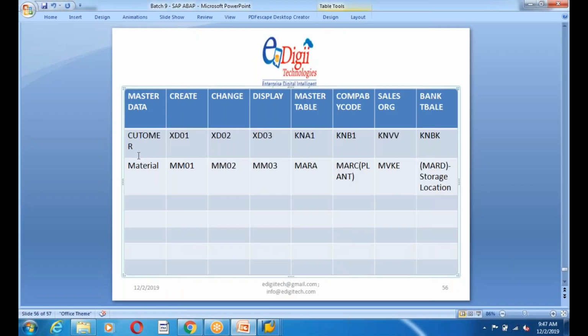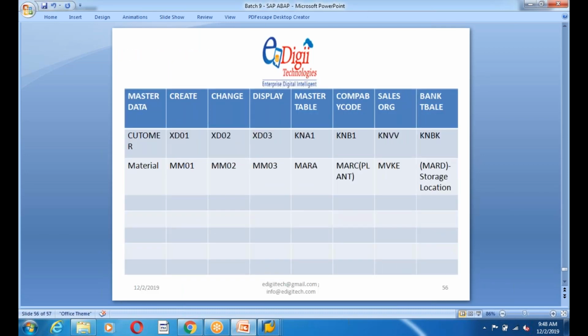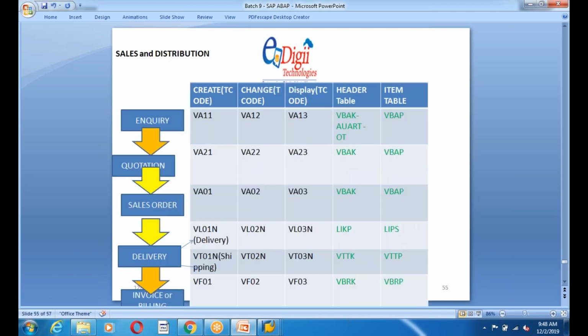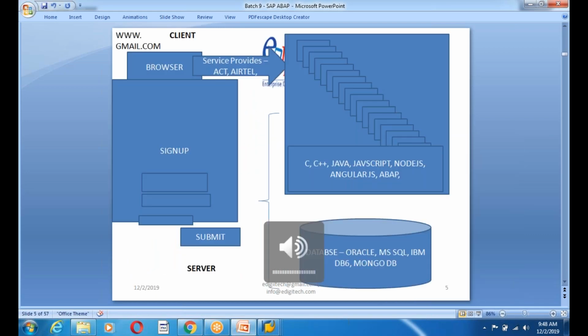So these are some of the master data details: the master data transactions for the customer, the master data transactions for the material, and the transactional data, sales order and quotation, inquiry, delivery, invoice, and the respective transaction codes and respective database tables, guys. Very, very important. Tomorrow you have to come having read these 2 things. I will ask questions on these 2 slides, guys. Very, very important, these 2 slides for the entire business. We are going to run the classes based on these 2 slides, and also when you go for interviews, there are a lot of questions on this, guys.